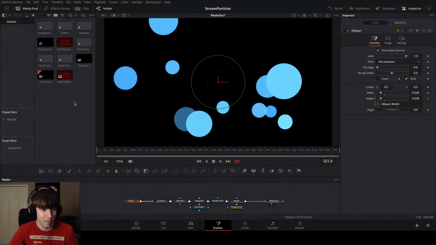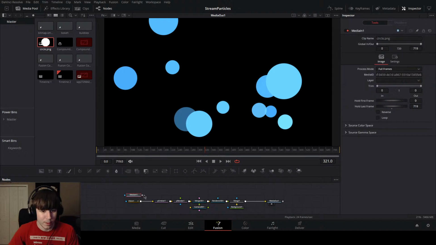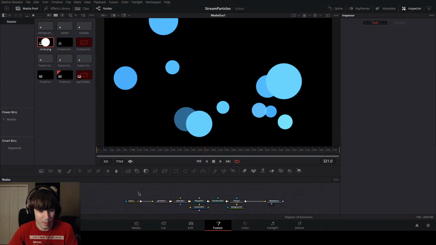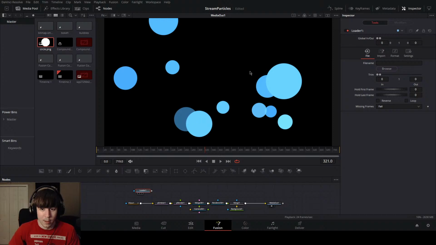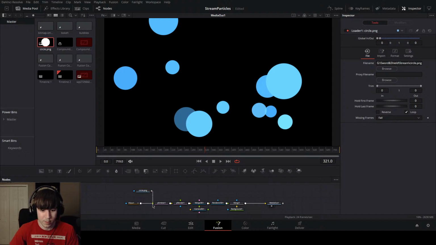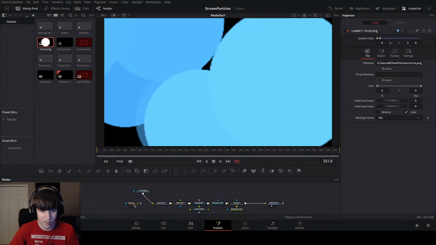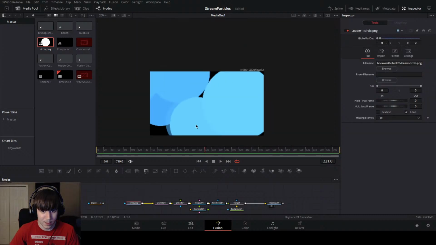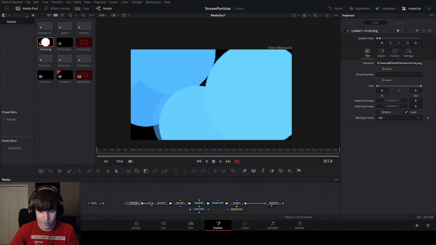And pulling up Fusion again here. I'm going to import that circle. Maybe with a loader, actually. Right. Loader. Circle that PNG. Whoa. Maybe not what we wanted. But